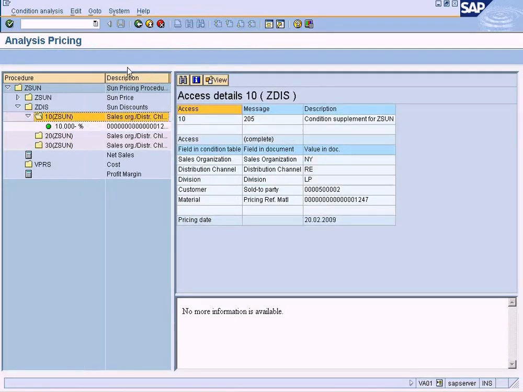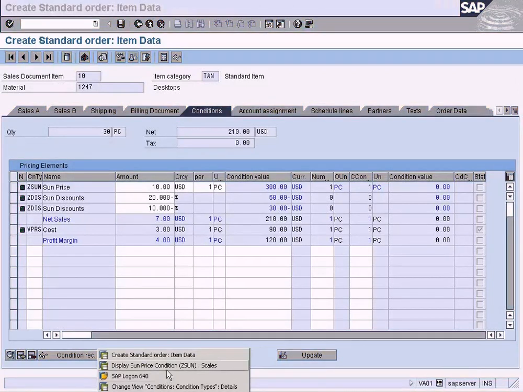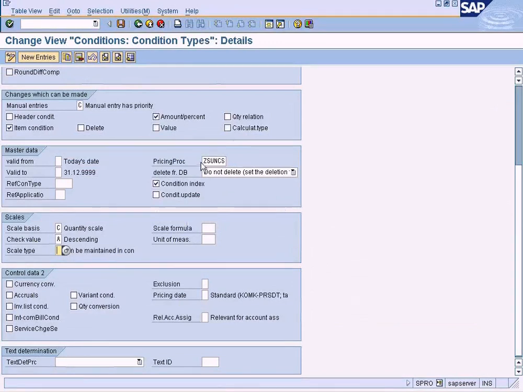Let me just check what's happening here, because it's showing 10% here. It could be because we haven't changed